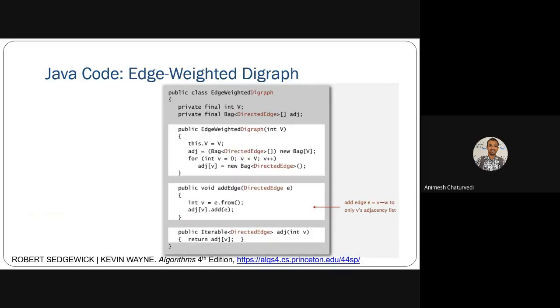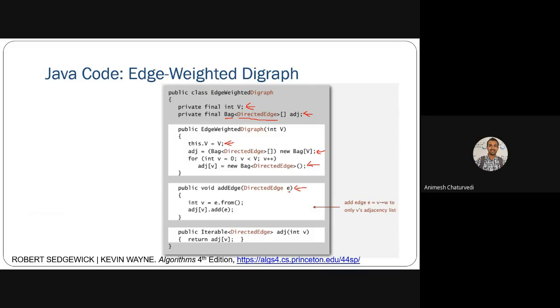Thereafter, you define the class for the whole thing. So the number of vertices in the graph. First, you define the parameter and a declaration for that, and then a bag type of data structure of directed edges is used for defining the adjacency of each vertex. Then you initialize the number of vertices, and start defining the adjacency according to the adjacency that you have created, adding the edges.